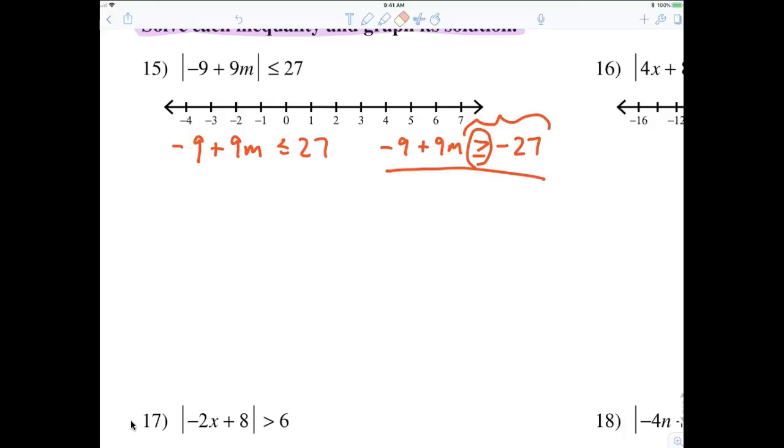All right? So I add 9. That would give me what? 36. Now I have to do what? So m is less than or equal to what? 4. Over here, 9m is greater than or equal to negative 18. So m is greater than or equal to negative 2. So if I'm less than or equal to 4, solid dot. And if I'm greater than or equal to negative 2,